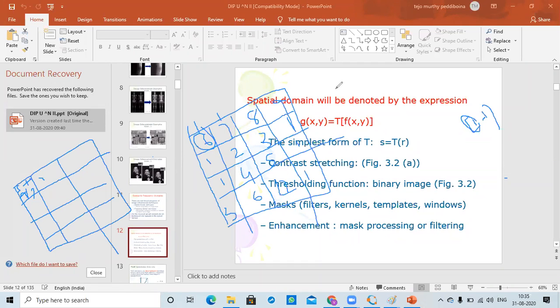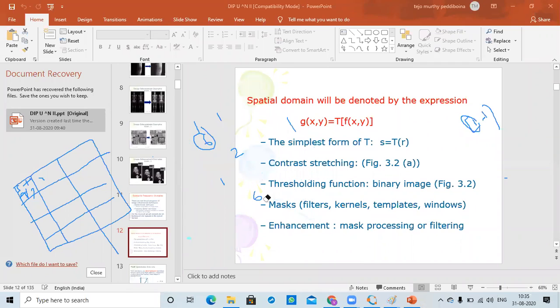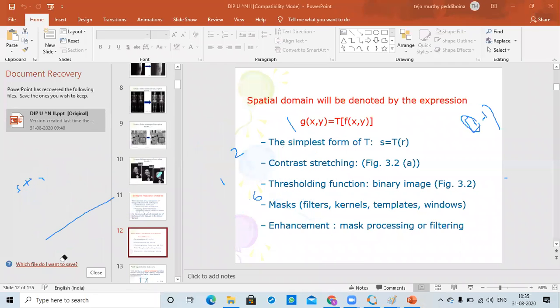And we will see so many examples also. This is only basic introduction. So try to understand in that fashion only, as an introduction, not in detail. So that means the spatial domain is represented by simplest form, and it will be used for contrast stretching, and it will be used for thresholding to get binary images.